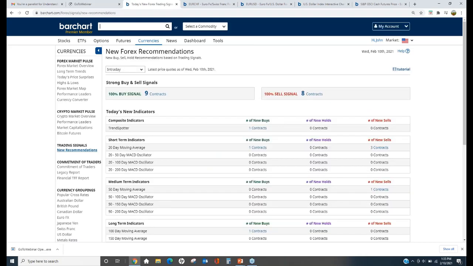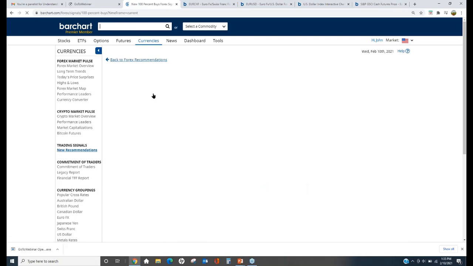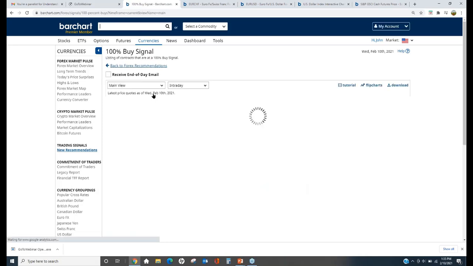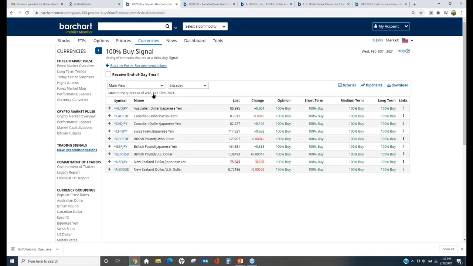And here you're going to look for opportunities for different trades that could present themselves. So you can see that under our new recommendations, we have 9 contracts that are giving us 100% buy signal. Now, when we talk about how we define buy and sell signals in Barchart, we have 13 different technical analyses, which shows you right there. And this one is showing that all of them are in that positive or bullish scenario, 100% opinion, short-term, long-term,